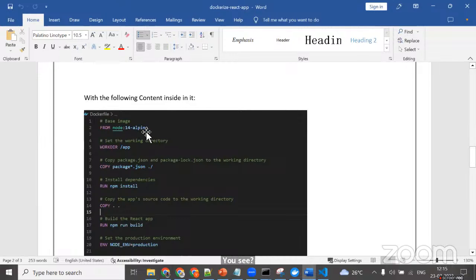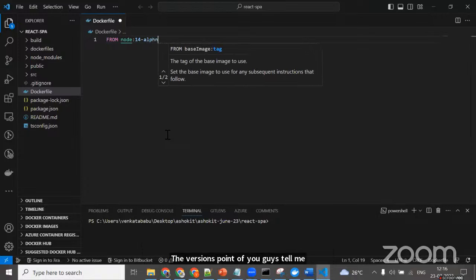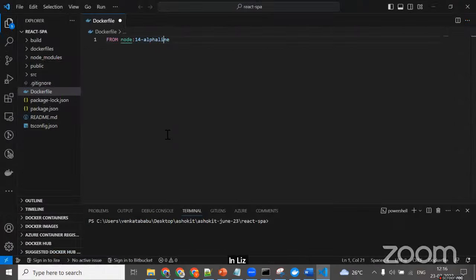That means alpine means what? What is the difference between alpha and beta, from a versions point of view, guys, tell me. Pre-release. Yep. Okay. So early release is beta. Whenever it is stable, we call it alpha. Okay. So the base image is node because we would like to run our code in a Docker with